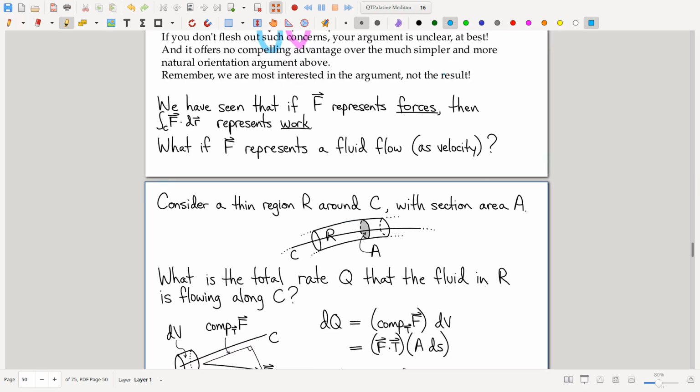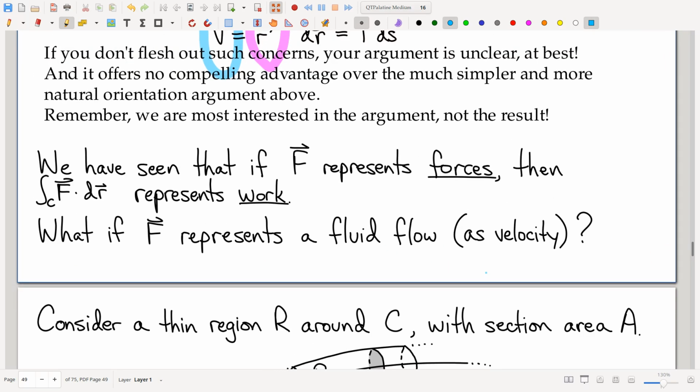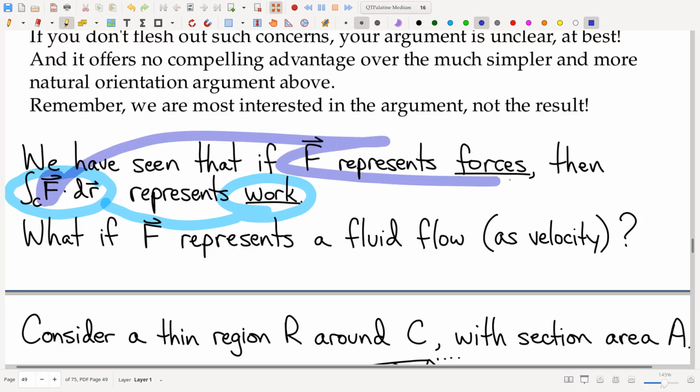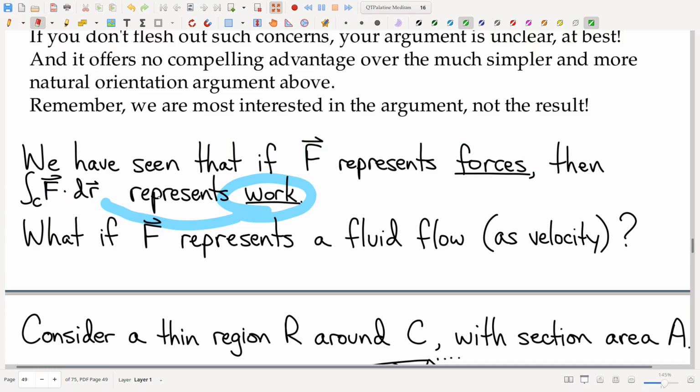Okay. All right. So moving along, we've got this thing called a vector line integral. We know that it represents work, but hey, whoa, slow down. Specifically when the vector field is a force that you are applying as you move. If the field is a force, then the line integral represents work. Okay, but what if the field